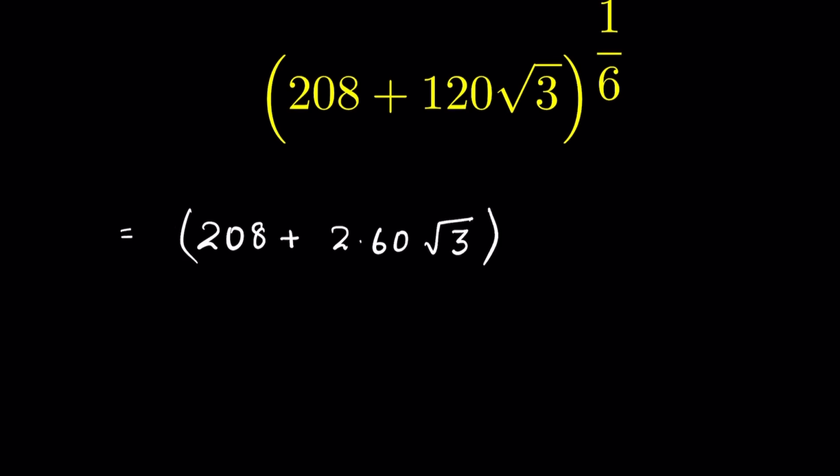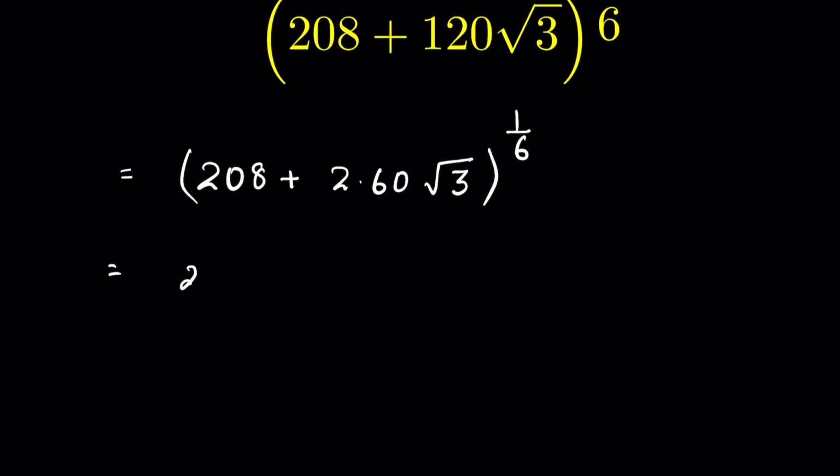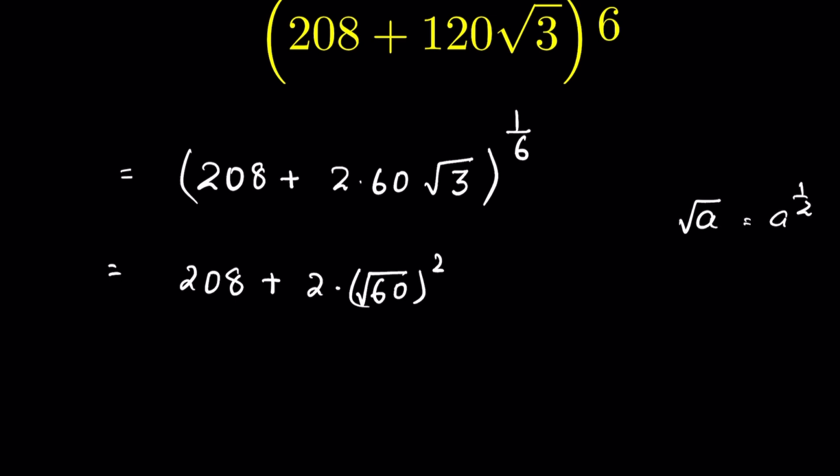then raised to the power of 1 upon 6, or 208 plus 2 times 60, we can write it as square root of 60 square, because when a is under square root, it is raised to the power of 1 upon 2. So when we square it, the exponent is multiplied with 2 and the 2 gets cancelled. So 60, we can write it as square root of 60 square, then times square root of 3, then whole